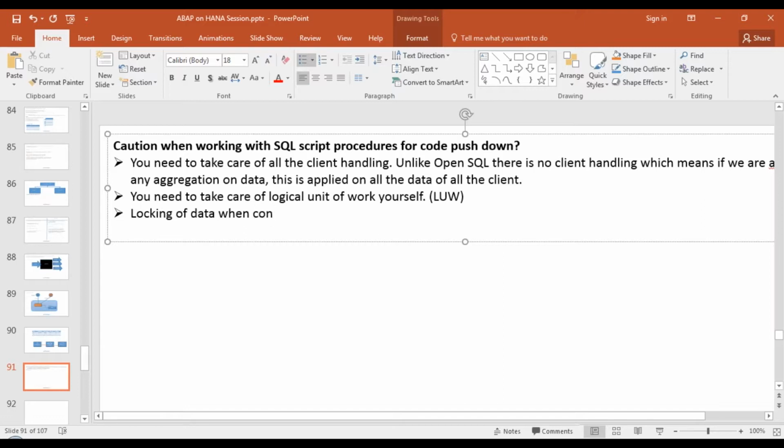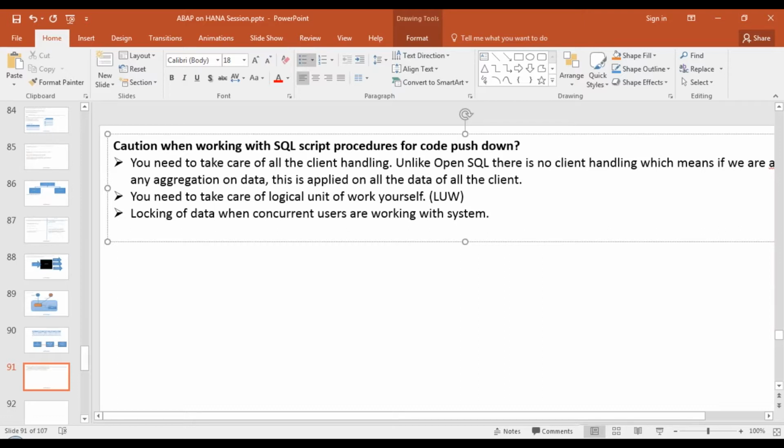When concurrent users are working with the system, there is no implicit locking done the way it is done in SAP, because in SAP transactions you have a concept at the data dictionary level called lock objects, where you manage the lock when multiple users are working with database tables and editing them.